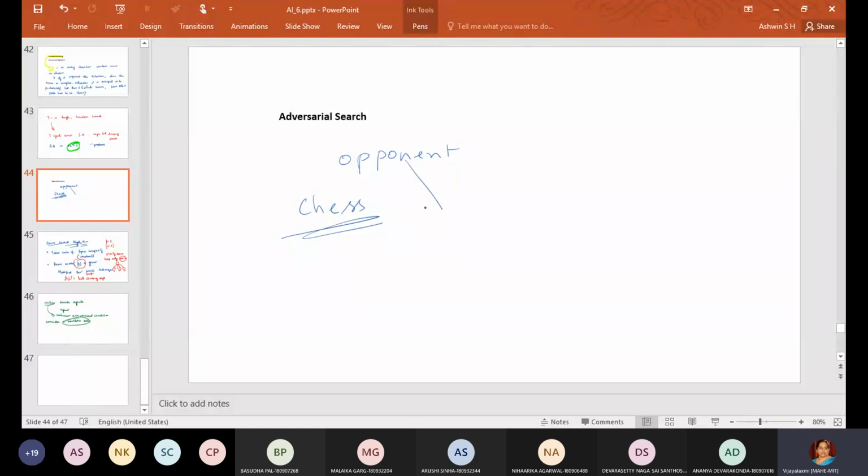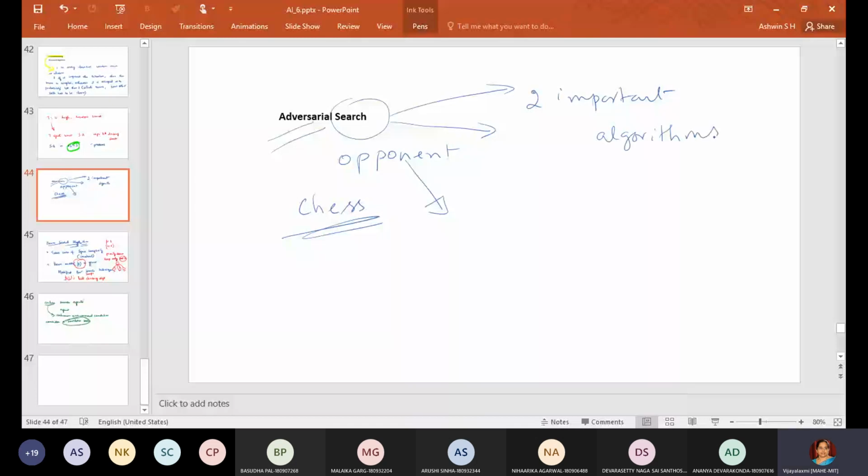For such problems, we have to use some search techniques. It comes under the topic of adversarial search. Under this we have two important algorithms, which I'll be discussing in my next class.